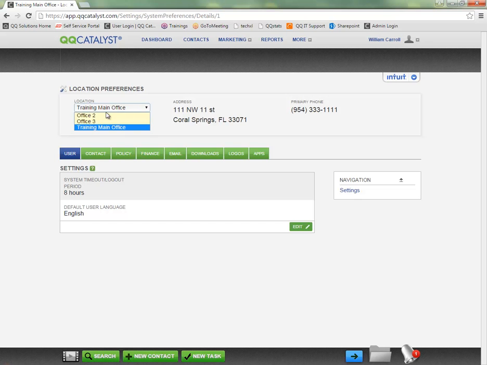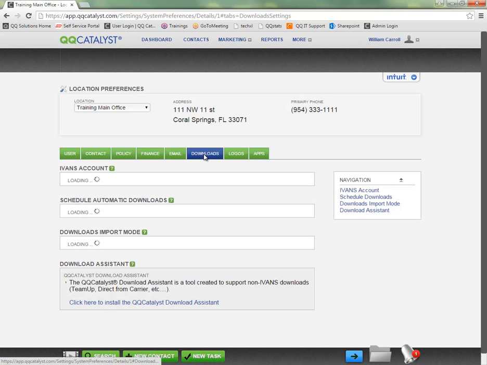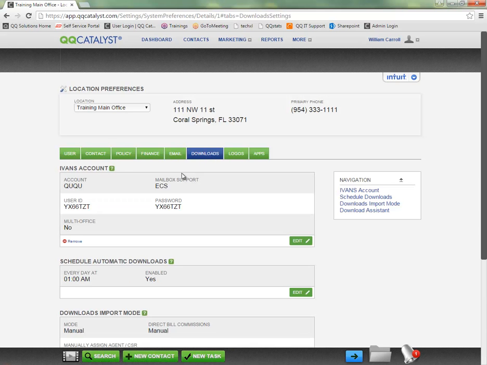Now here we are in the location preferences. You'll see these are divided by the different agency office locations that you have available. In my test database, I have 3 physical office locations for my agency. The downloads will have its own separate tab here. So for my training main office location, looking at my download setup, I can see where I can enter my